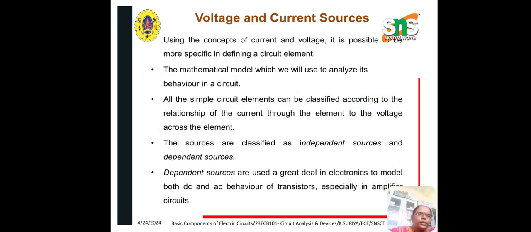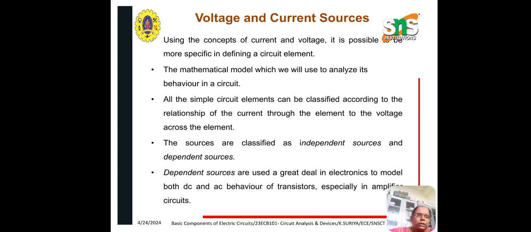So there are different voltage and current sources. The mathematical model which we will use to analyze the behavior in a circuit will use voltage and current sources. All the simple circuit elements can be classified according to the relationship of the current through the element to the voltage across the element. The sources are classified into independent and dependent sources. Dependent sources are used a great deal in electronics to model both DC and AC behavior of transistors,